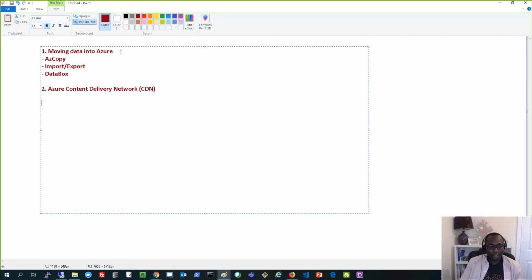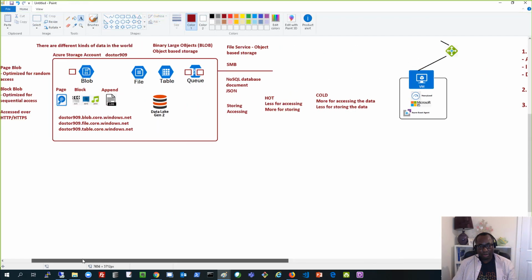And then finally, I'll talk about Azure File Sync. So this is kind of what we'll try to cover today: moving data into Azure, AzCopy, Import/Export, Databox, and the others. Talking about the Azure